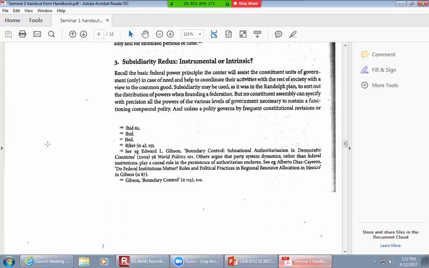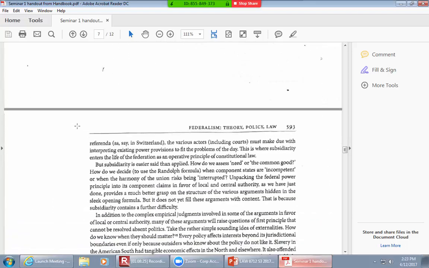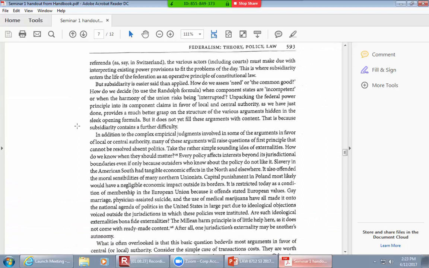Okay, and what are they talking about there? So they still raise this idea of the principle of federal power on page 592. They rehash some of the points about the Randolph Plan, and then they jump into page 593, and we see the sentence there. Second paragraph starts,